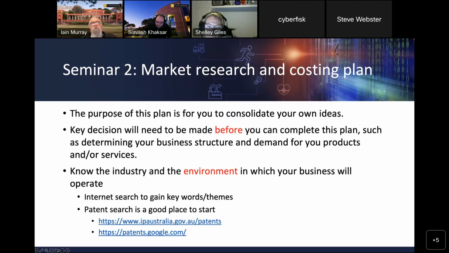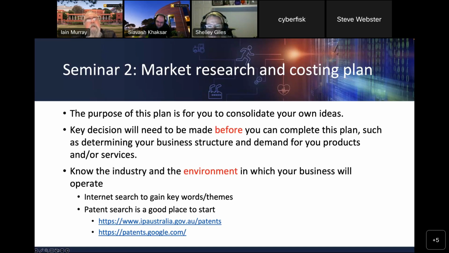So the market research and costing plan, this is to help you consolidate your own ideas more than anything else. There's some key decisions that you need to make before you can complete the plan, such as the business structure, how you're going to handle that recoupment of costs that we just talked about, and those sort of things. So it is just some way of helping you focus a bit more on how you would go about the